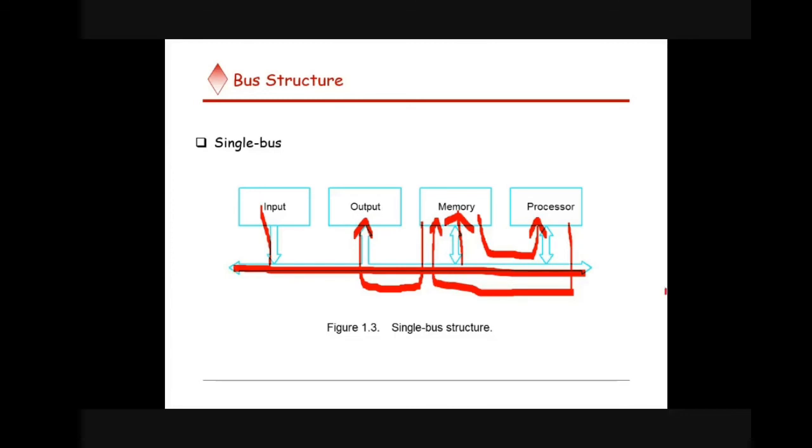We have only one common bus and different units are connected to it. In this, the processor and memory are faster compared to your input unit and output unit. But if the input is transferring data to the memory, the bus is not available for the processor to do anything else. So the processor should simply waste its time completing this first set of transfers from the input device to the memory. So we are wasting the processing speed of the processor.